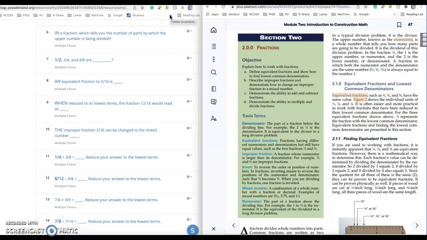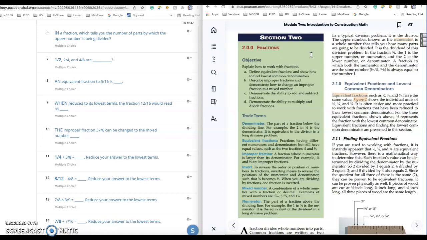Okay, here we go. Kicking off section 2. We're going to talk about fractions. Our objectives in section 2 of module 2 are defining equivalent fractions, showing how to define lowest common denominator, describing improper fractions, and demonstrating how to change an improper fraction to a mixed number, demonstrating the ability to add and subtract fractions, and demonstrating the ability to multiply